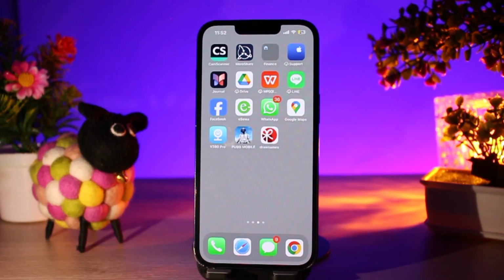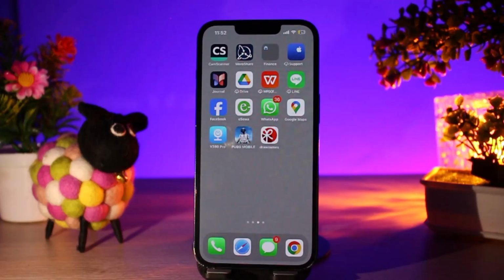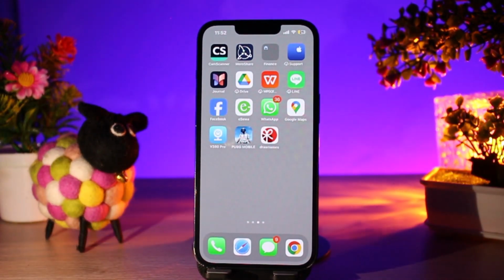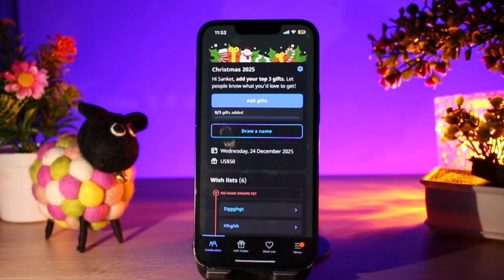So let's get started. The first basic thing you need to do is make sure that you have installed the DrawNames app on your device. If you have not installed the DrawNames app, you just need to install it from the App Store or Play Store on your device. After that, you just need to open the DrawNames app and make sure that you